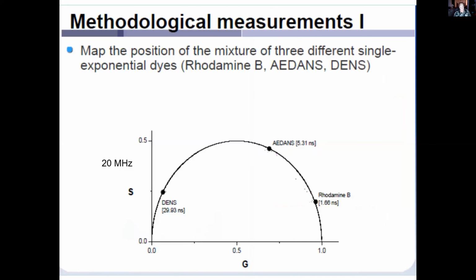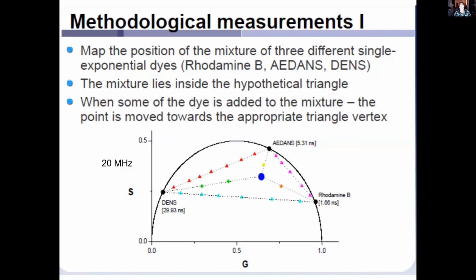But one of the first things we did was take mixtures of 3 fluorophores, and here you see DNS, lifetime almost 30 nanoseconds, AEDANS 5.3, rhodamine 1.66, all single exponential decays. They're all on the universal circle, but when you mix them, as you would expect, you start getting